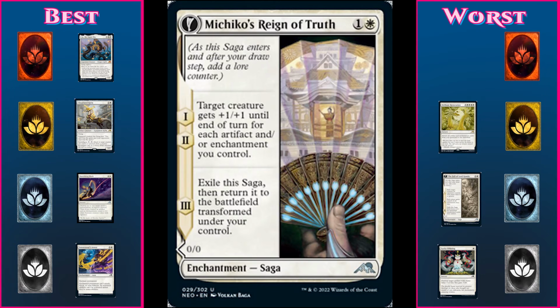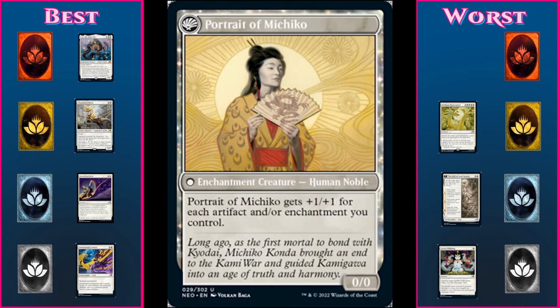Ichigo's Reign of Truth, 1 and a white for an enchantment saga. The first 2 chapters are: target creature gets +1/+1 until end of turn for each artifact and/or enchantment you control. Then it flips into a creature, which gets +1/+1 for each artifact and enchantment you control. There are actually not very many cards that care about this sort of thing, the number of artifacts or enchantments. A few care that you have one of each, but this is one of the very few that cares